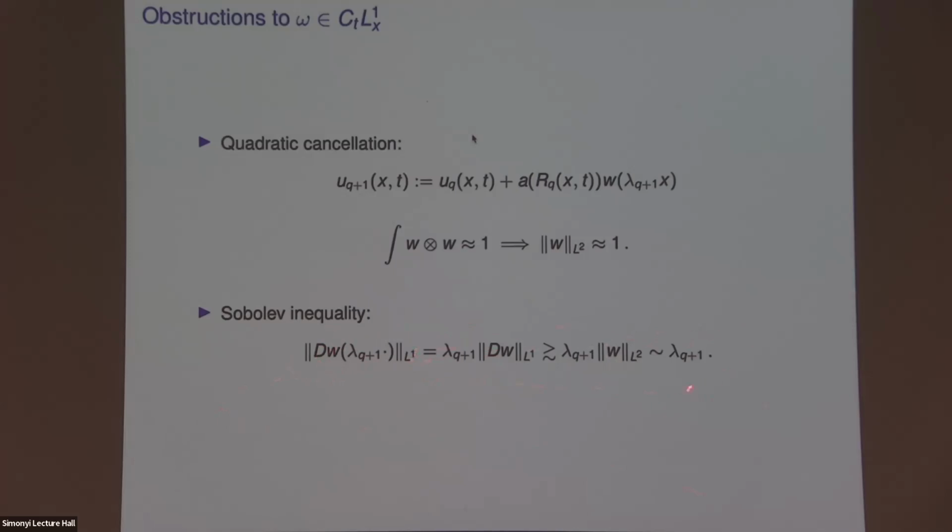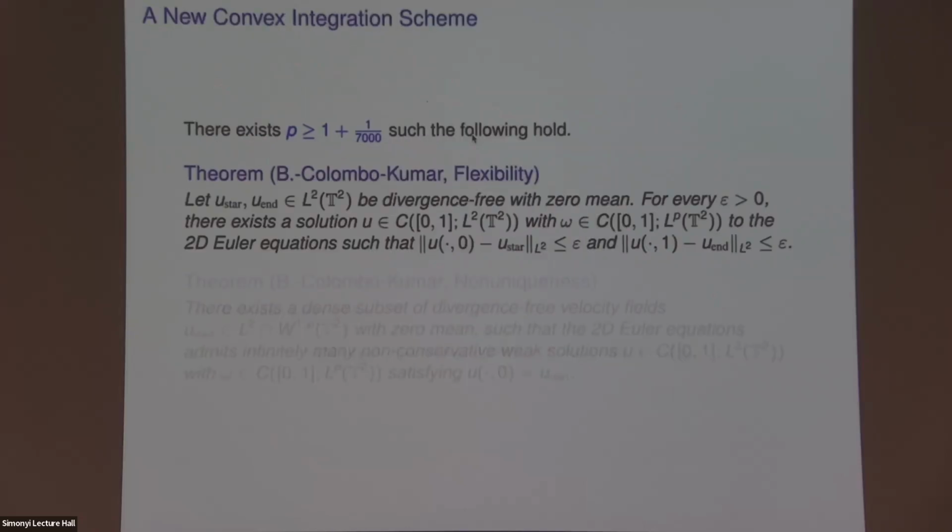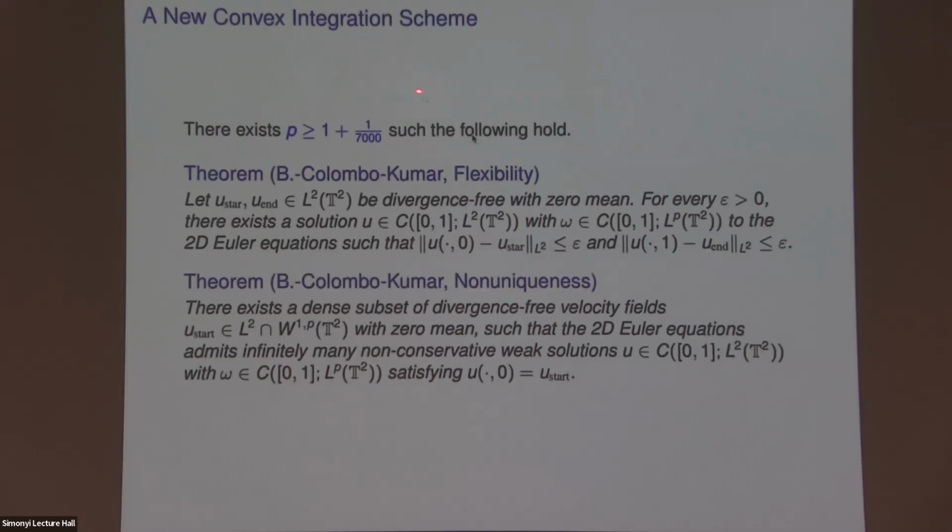The differential in L1 is bigger than the frequency parameter. It's bigger than lambda_{q+1}, and lambda_{q+1} is growing more than exponential, faster than exponential. So it seems that there's no way to get convex integration solutions with integrable vorticity, at least if one sticks to the quadratic cancellation trick. And more recently, we managed actually to go beyond p equal 1 and to construct the first